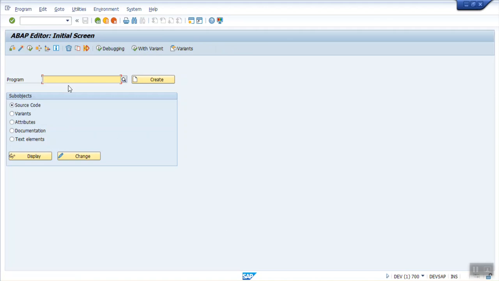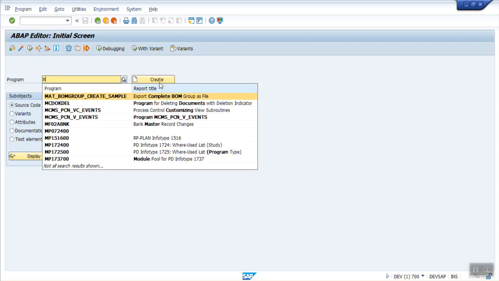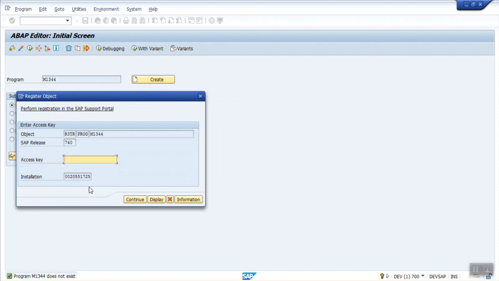Now to create a program, we have to go unique ID, means that program name should not exist in the system. So every program which a ABAP consultant is creating must start either with Z or with Y. We cannot use any other first letter. Let's say if I'm entering M, if I click on create, system asks for this access key, because any program name other than Z or Y that are used by SAP only.